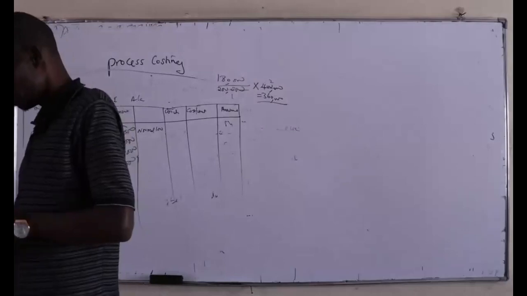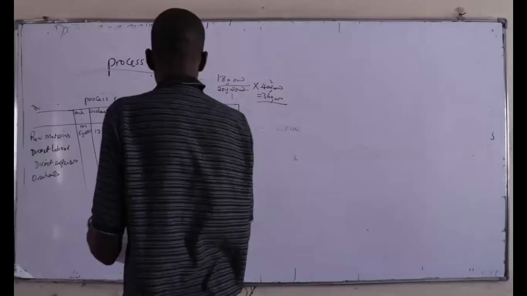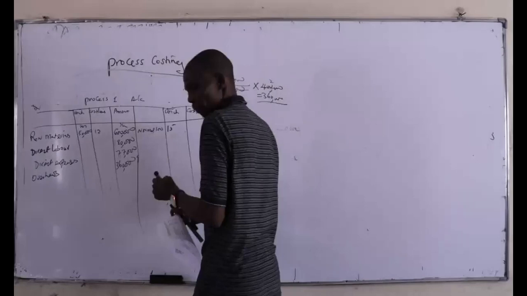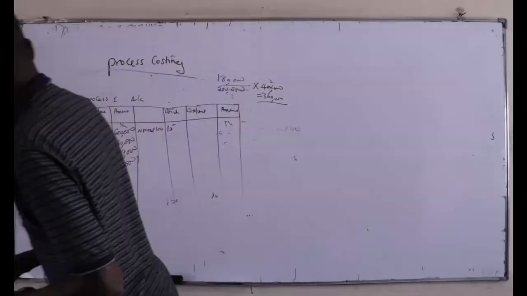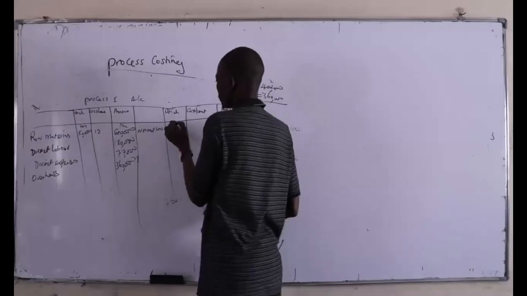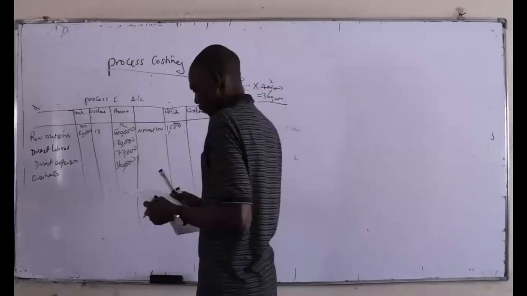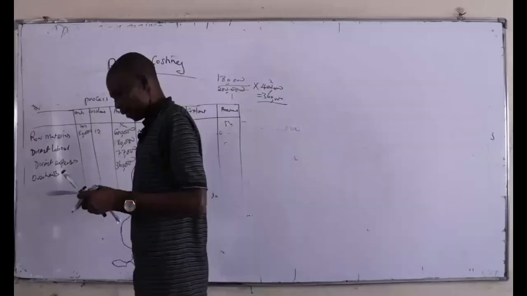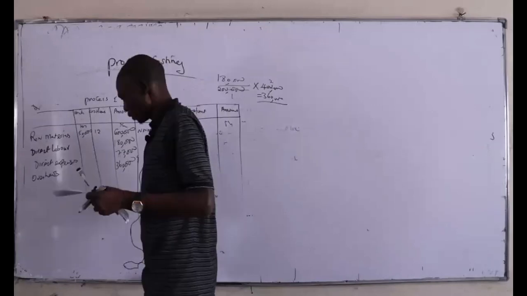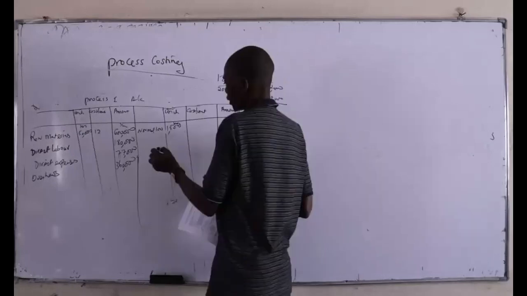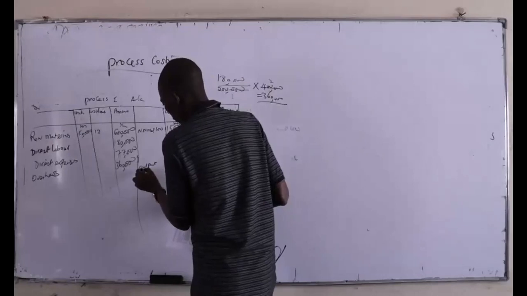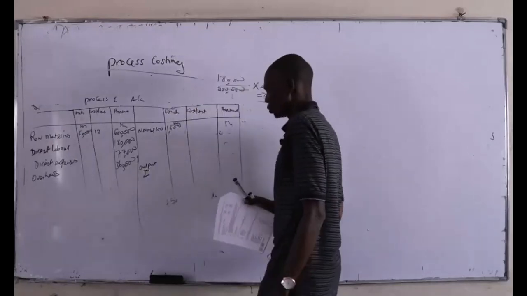So it means we are expected to lose 1,500 units. These are in kilograms. Now, the next thing, you've been told the output from process 1 and process 2 was 47,372 respectively. So in this case, you also balance. So we have the output, and this goes to process 2. So we are transferring it to process 2, and we've been told it is